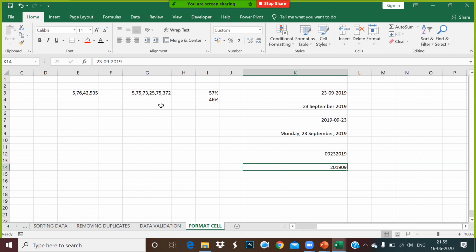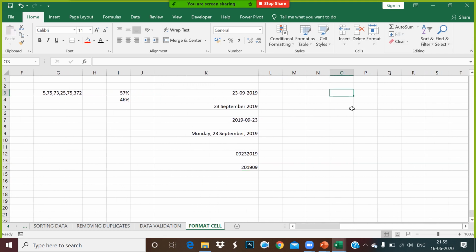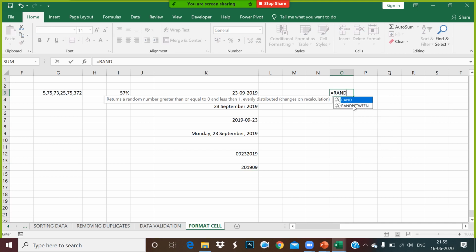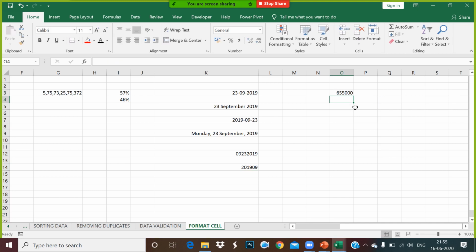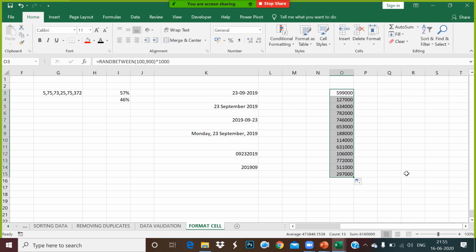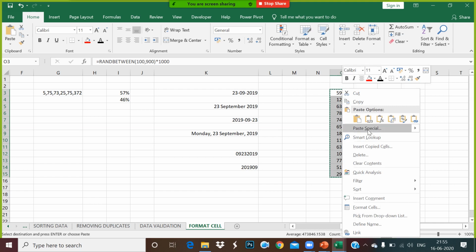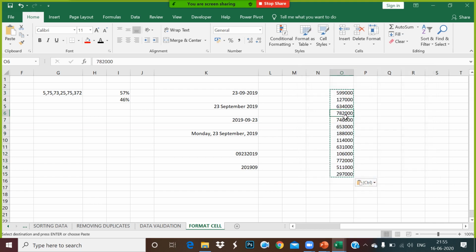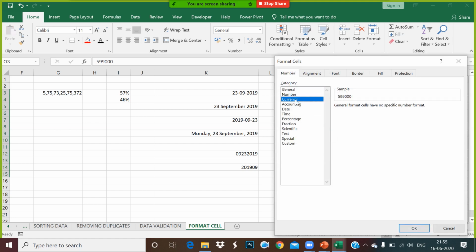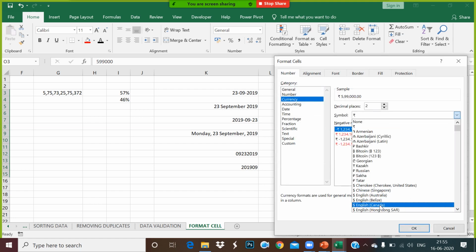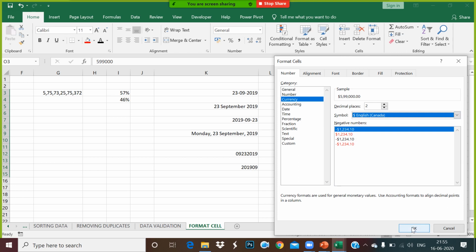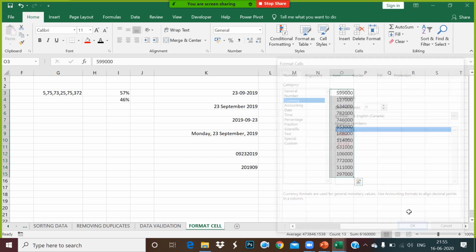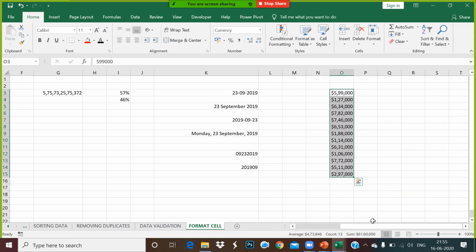These are the major areas we have to work together, guys. Now let's say I have some sales which are given random between 100 to 900 multiplied with 1000. These are some sales values. I right click, do a paste special and values. Why am I doing that, guys? Otherwise my number will keep on changing, it's a random number. Selecting this data, I go for format cell with a currency format, let's say English dollar, Canadian dollar with 0 decimal values. Can you see that? These all are coming in Canadian dollar.